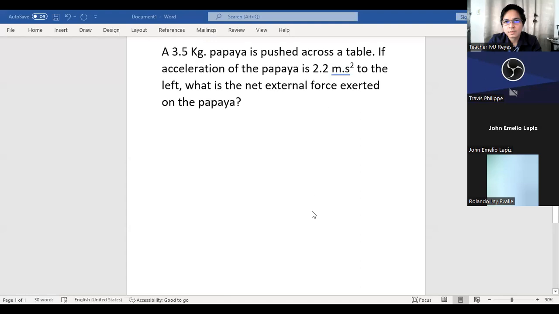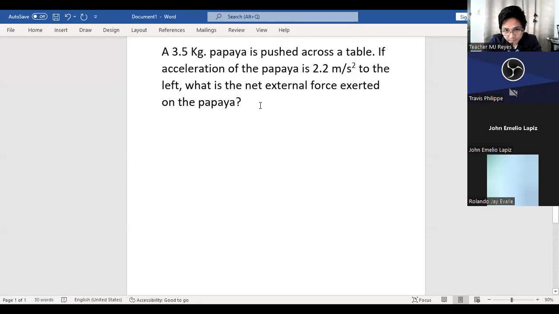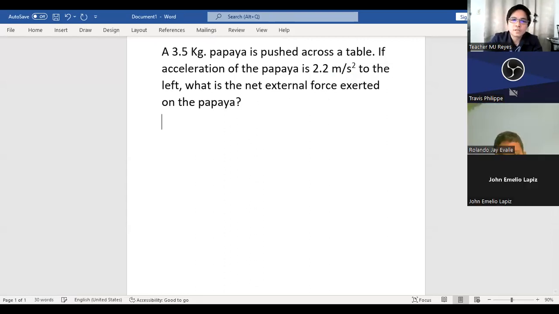Yes, sir. Okay, can you read, Travis? A 3.5 kilogram papaya is pushed across a table. If the acceleration of the papaya is 2.2 meters per second to the left, what is the net external force exerted on the papaya? Okay. The question there is, what is the net external force exerted on the papaya, which is actually again a